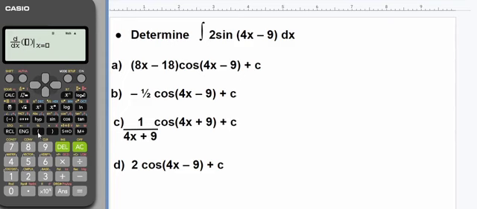We are pressing open bracket, alpha 8, then to bring out X, you press alpha X minus 18, then you close the bracket. Then you press cos 4 alpha X minus 9, then you close your bracket, then you come over to this side where it shows X. Now it's asking what you stored X as in the first place. You stored X as 0.1, so that's what you put here. If you stored it as 2 in your own, but I would rather recommend you store it as 0.1, you put 2 here. So you press equals to get an answer. Oh, we got minus 55.98. Oh, this is too big.